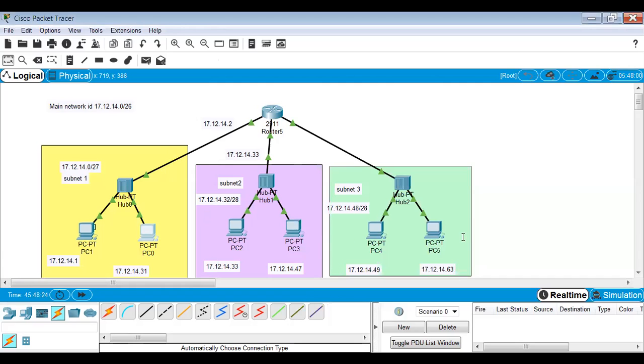Similarly, you can set the IP address for the other two subnetworks. The last address is 47, so it might give an error. So I'll just change it to 46.